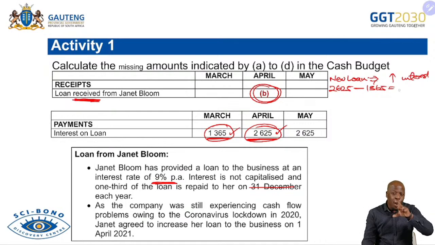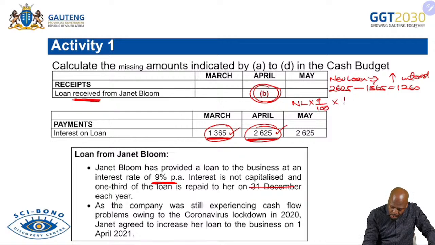How much is the increase in the interest that we are paying now? If we can know the increase in the interest that we're paying, it will lead us to the loan. So the increase in the interest that we're paying, someone is telling me, Mr. Simbi, we're paying an increase of 1,260. That is the increase now in the interest. So if the increase is 1,260, we can now say my new loan, we don't know how much it is at the moment, I'm going to just call it NL. That is my new loan, multiplied by the rate, remember, which is what? 9%